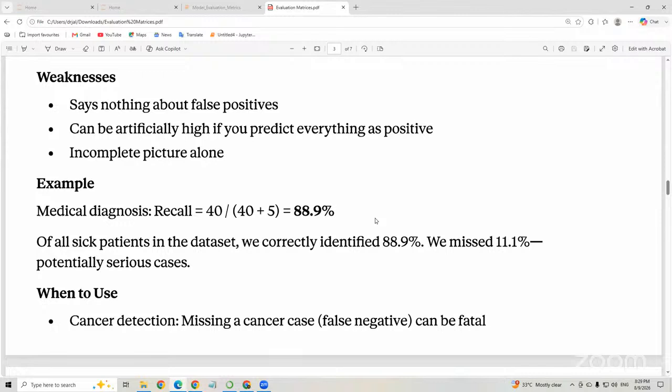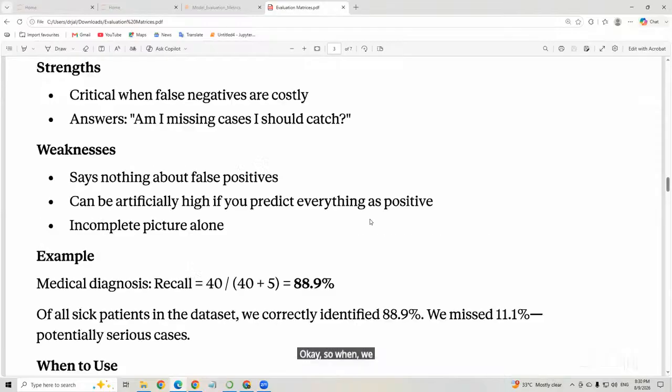So among four identified as sick, approximately 88.9 were actually sick. The remaining predictions were false alarms. Okay, so when we can apply this,